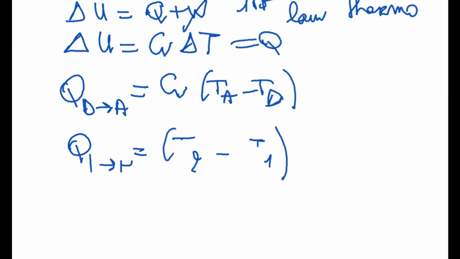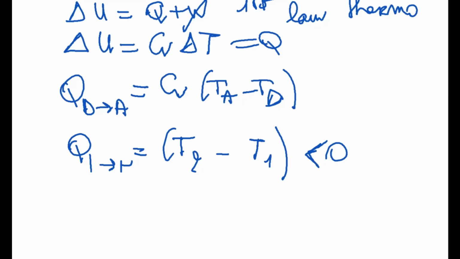Another information that we know is the fact that this difference, T2 minus T1, is negative because T1 is higher than T2. So this is negative according to the wording. I really advise you to always give the sign of the heat or the work when you are calculating it. If it's something that you can make easily, then do it, because this is going to help you at the end of the process when you want to calculate the efficiency. The efficiency, as you are going to see at the end of the exercise, is always the ratio of what is your benefit as